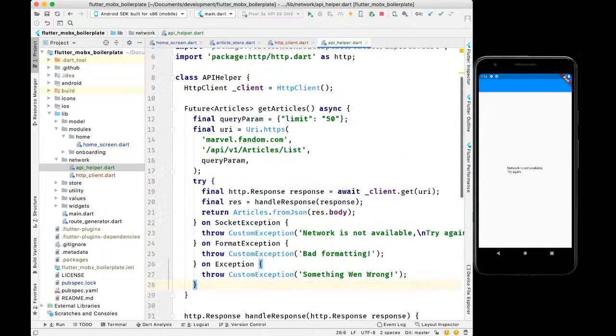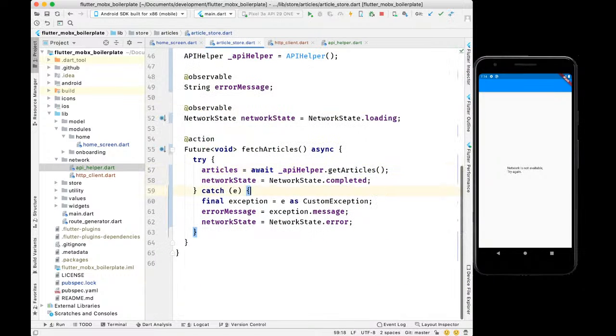So this is the way you should make an API call. This is the way I think you should handle the errors. This code can be optimized for sure, but this is just a demo. So yeah,